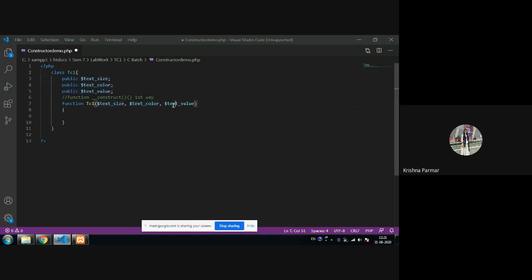The names are the same. So how can you differentiate them? How can we differentiate the class property from the local variable?